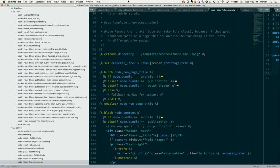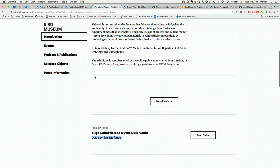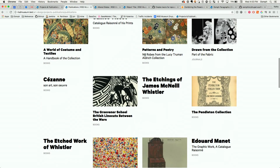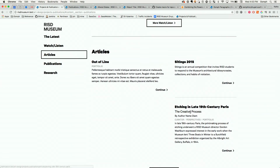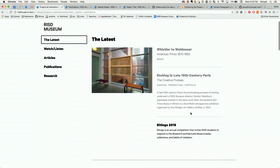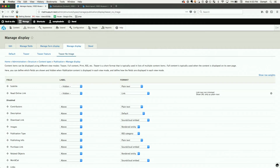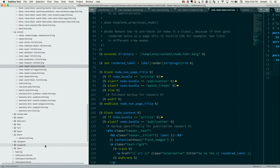An example of a field template that I'm using. So right here, this is a subtitle. This is a subtitle. So is this. As is that. As is this. And as is that. So in my admin, we've used the same field subtitle for all of them. So I've actually created a field template for it